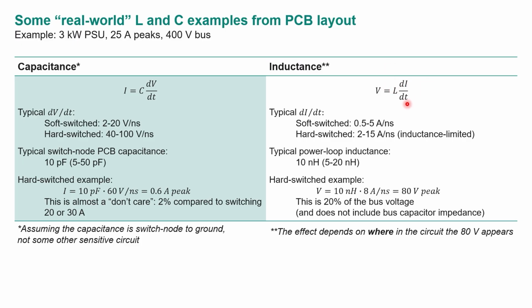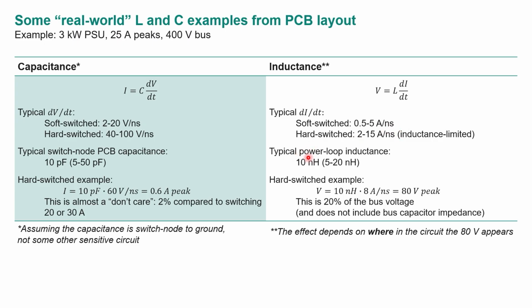Now, what about inductance? Remember V equals L dI/dt. So again, what is dI/dt? It's difficult to measure. You need a circuit set up with a shunt to be able to even measure this. Typically 0.5 to 5 amps per nanosecond in soft switching, and not a whole lot faster. It's a bit surprising, but even in soft switching, you need to clamp an inductive current that was following one path. Now you're commutating it to another path. These are still fairly fast current rise times. So soft switching doesn't always solve the L dI/dt problem.